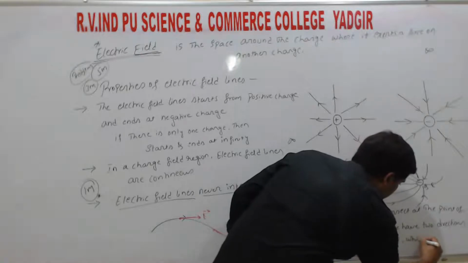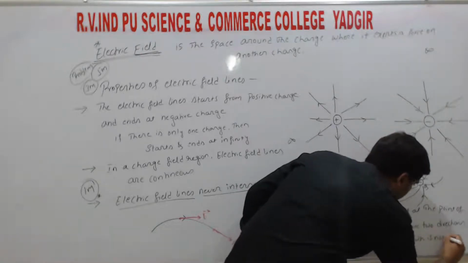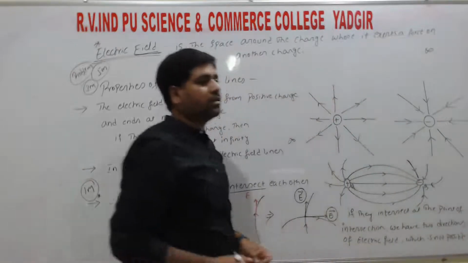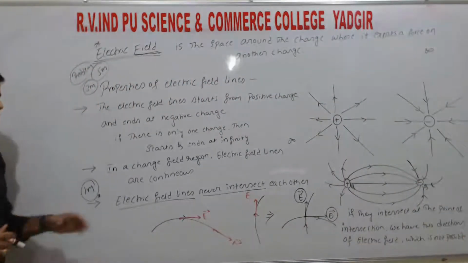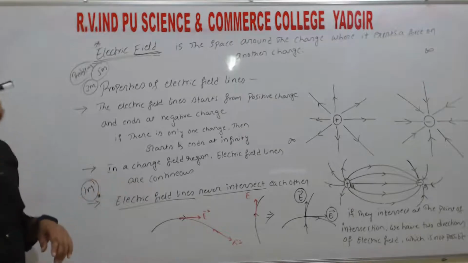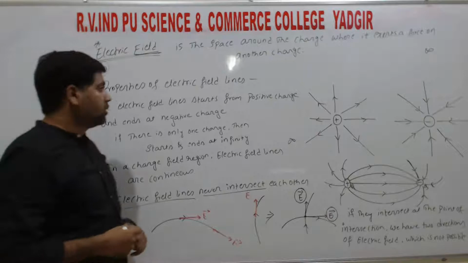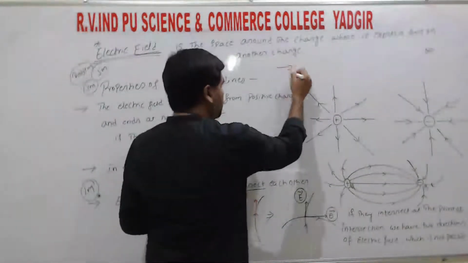So which is not possible. So hence these two electric field lines never intersect each other, right? So next, fourth property,